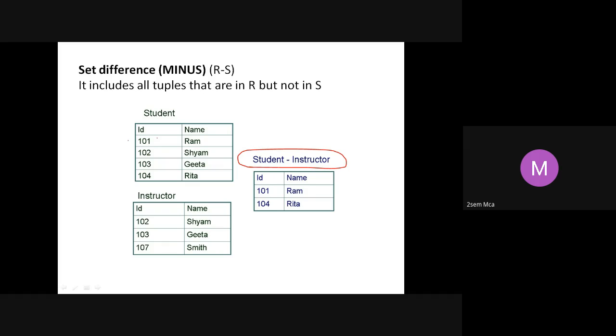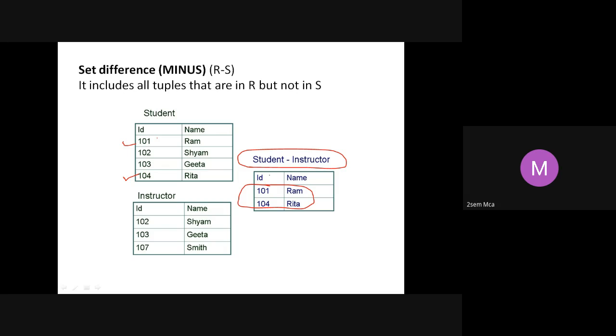So 101 is there in student but not in instructor. 102 is here also, there also, 103 is here, there. 104 is here, but it is not there in instructor. So these two, 101 and 104, will be part of the result of the minus operation.